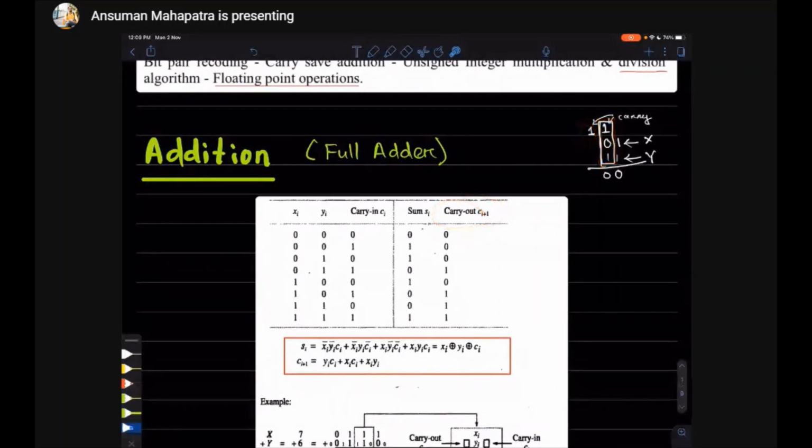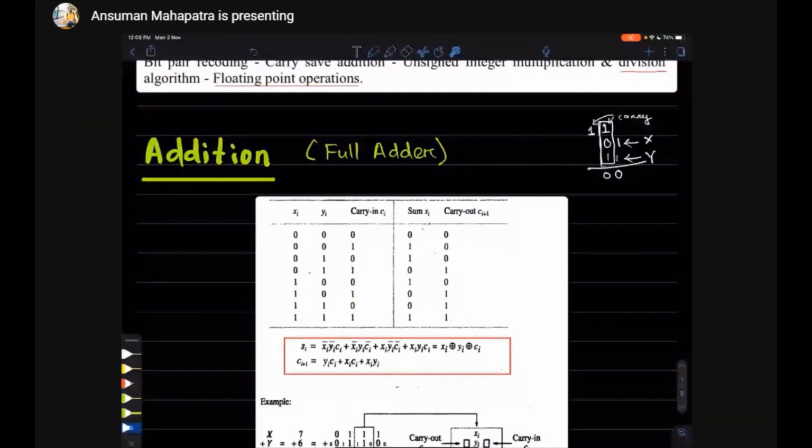So what is the carry out equation? Carry out is 1 in this case. So it will be xi bar, yi, ci. Okay, then carry out is 1 in this case, then it is xi, yi bar, then ci. So in this case also and in this case also.